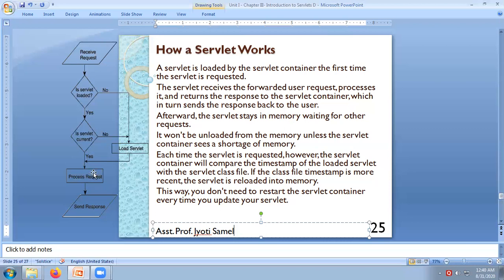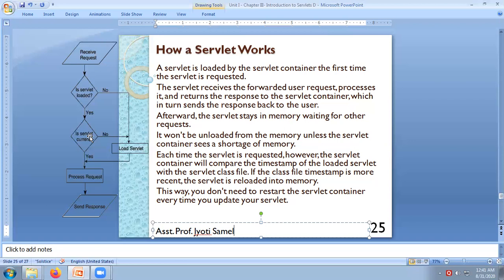That means it gives you updated information or data. Therefore, even though this is a repeated request or re-request, the servlet will check whether it is a current one or an old one.